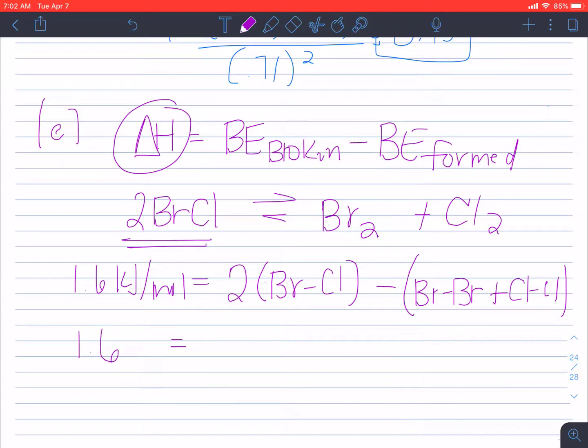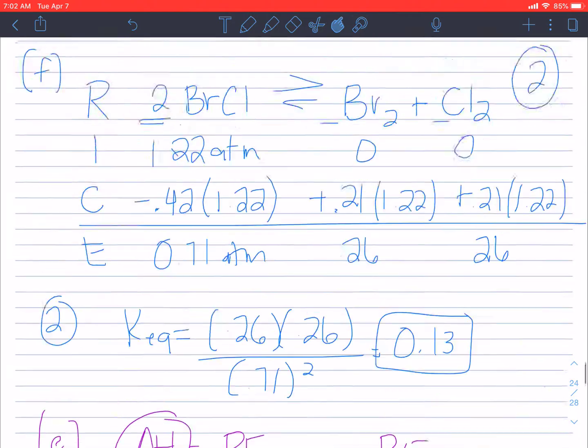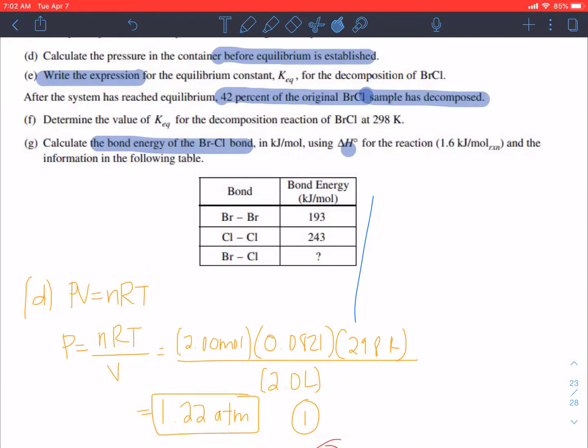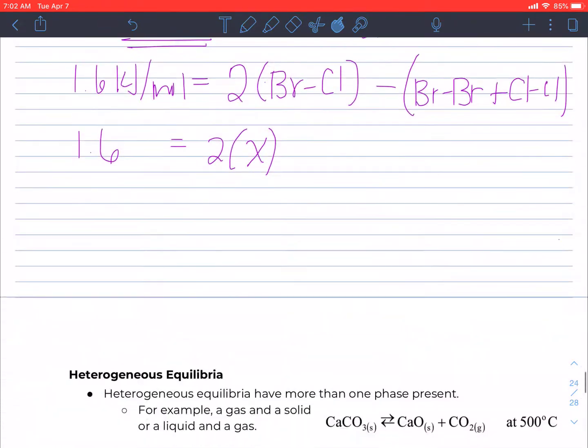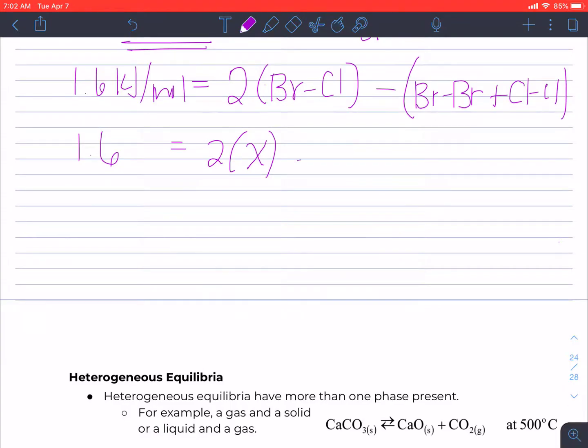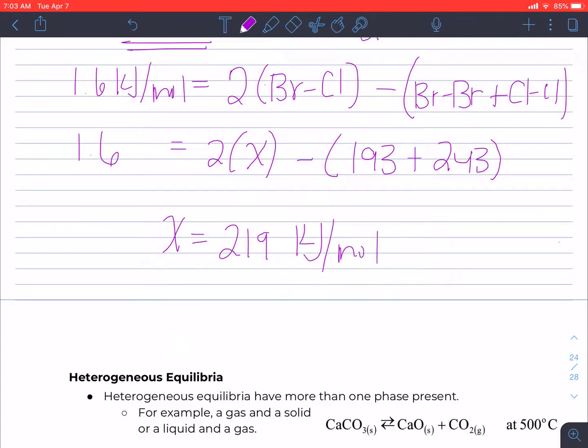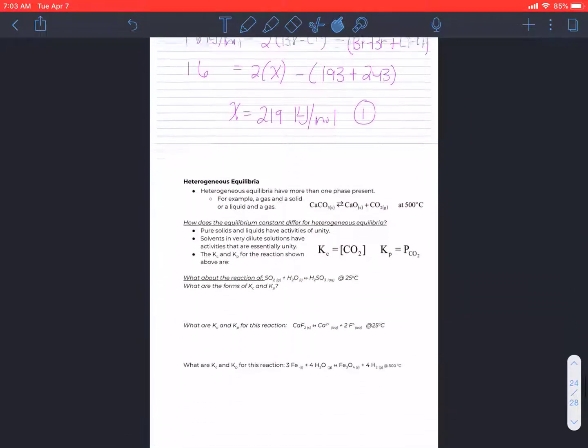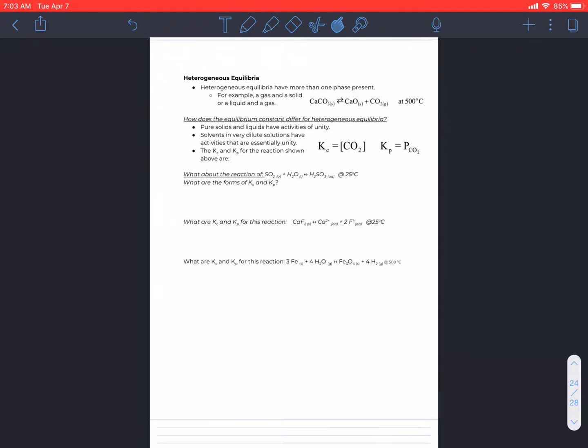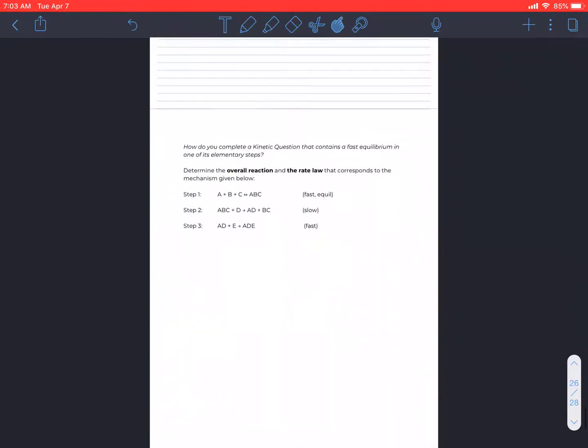And so now we just plug everything in. 1.6 equals 2x, and if we go back to our table, all of these are here. We're trying to find, ultimately, this value, x, minus 193 plus 243. If you go back and solve, x here is going to be 219 kilojoules per mole. And that would be a 1-point problem as well. Okay, so next video we're going to look at heterogeneous equilibrium, as well as what happens if